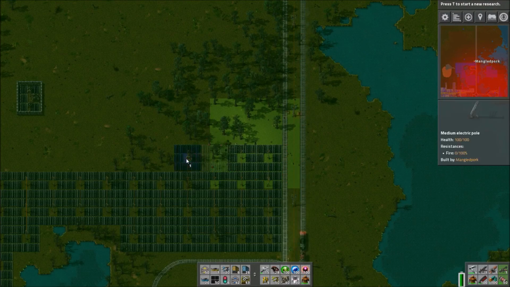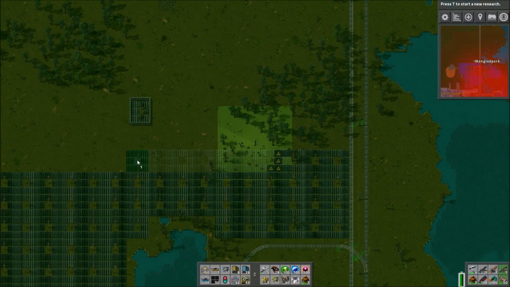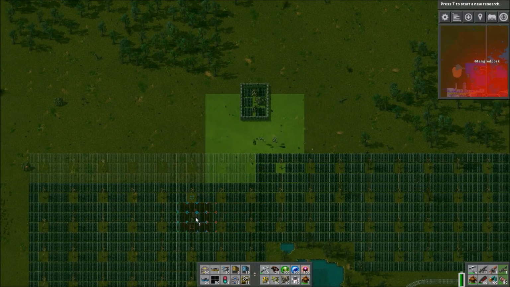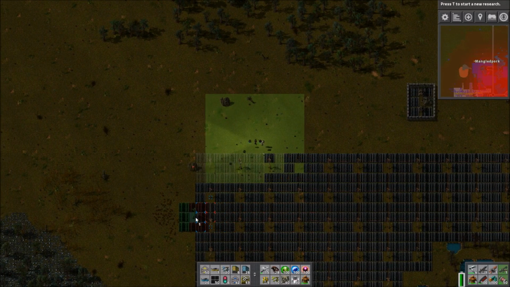I keep running along and putting 1 square of accumulators and a couple of squares of solar panels in, and it's a dumb way to do it really. I should just put more in. So that's what I'm doing. I'm just taking as much as was available and plonking it all down once,